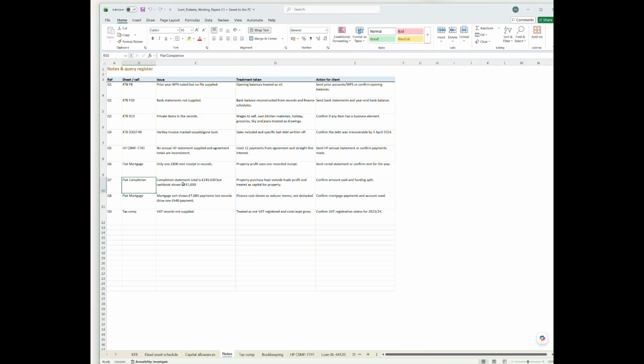Anyway, flat completion. So it's got the completion statement total is 143630. Book cash book. Okay, that was one of the gotchas that I put in there. So the property purchase kept outside trade profit and treated as capital for property. Action for client, confirm amount paid, and funding split. So I mean, this